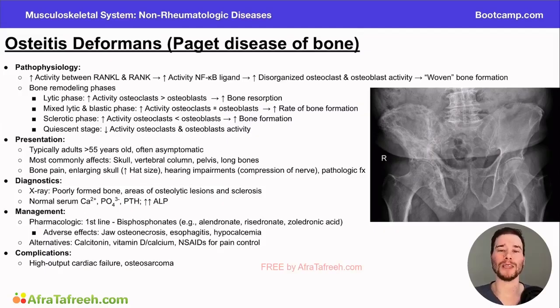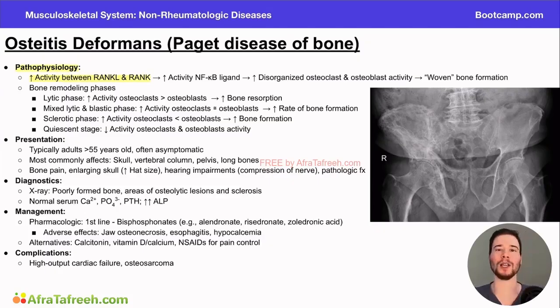It's in homeostasis where we're building good, strong bone for our daily activities. But anytime this gets disrupted, we can have poorly formed bone, and that's exactly what we see in this particular condition. So if we look at our pathophysiology here, we have increased activity between RANK-L, or RANK ligand, and